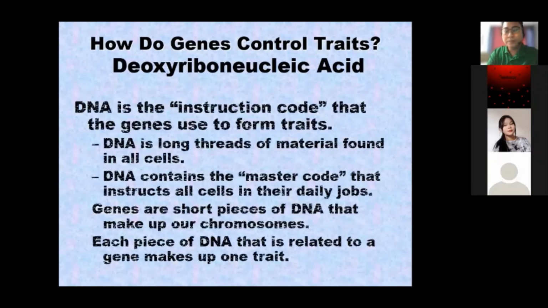Ayan. So how do genes control traits? Or we have what we call the DNA or the deoxyribonucleic acid. DNA is the instruction code that the genes use to form traits. DNA is long thread of material found in all cells. DNA contains the master code that instruct all cells in their daily jobs.